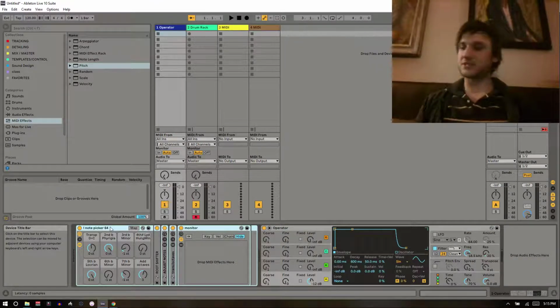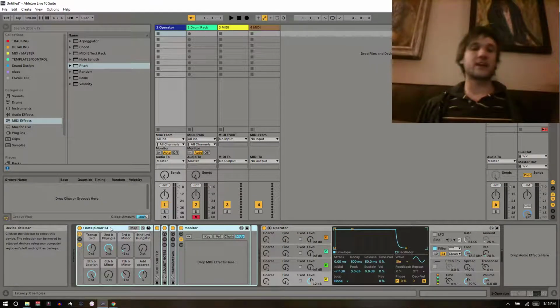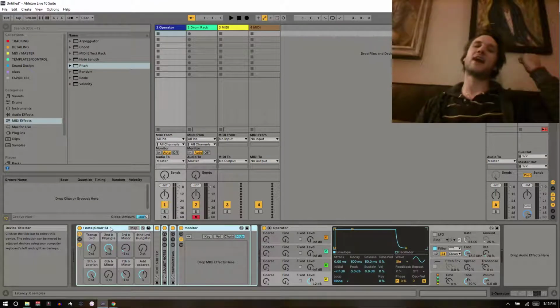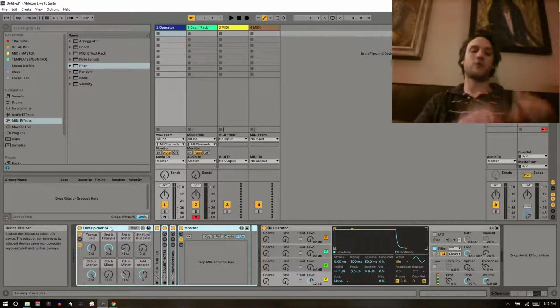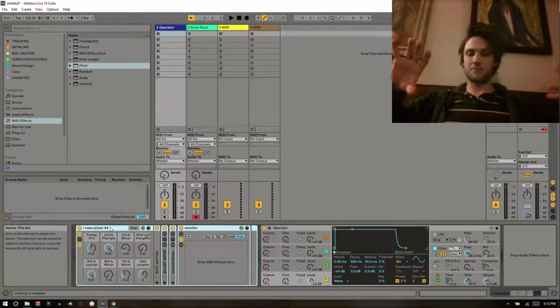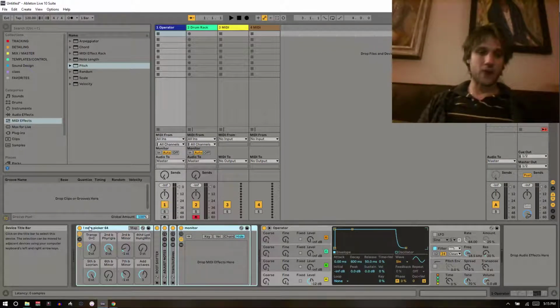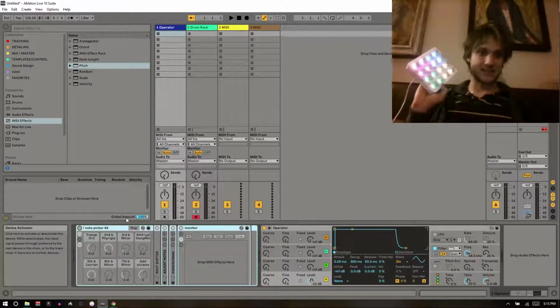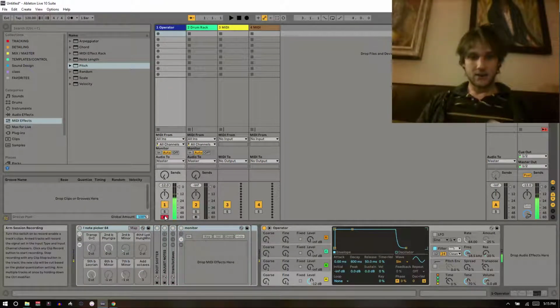So this Note Picker 64, it's really nice. If you've ever had a Push or something like that, you can turn it into scale mode, where you're playing do, re, mi, fa, sol, la, ti, do, as opposed to chromatically, right? So without this on, if I'm trying to play melodies out on this guy, let me go up